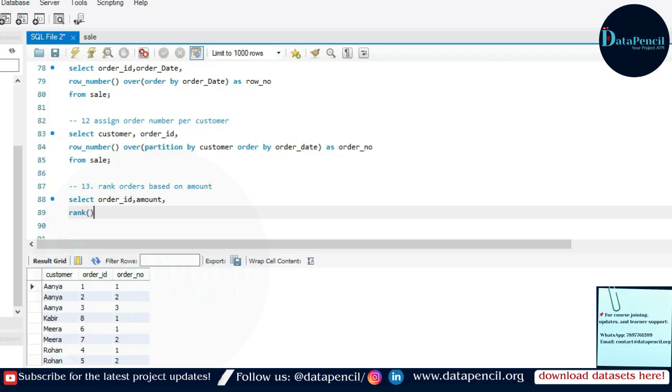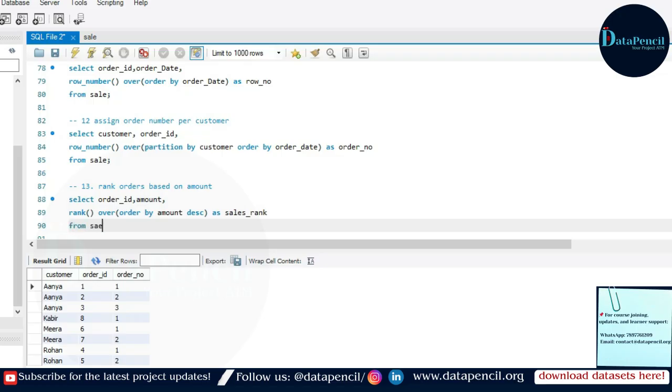This rank function basically gives the rank over a view that is arranged in descending manner by amount. So order by amount descending as sales rank. Because we have to provide the ranking based on the amount of sales, that's why we apply descending here. Now from the sales table,